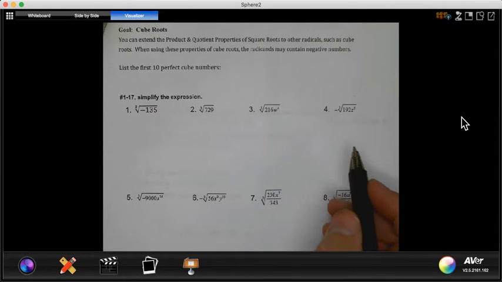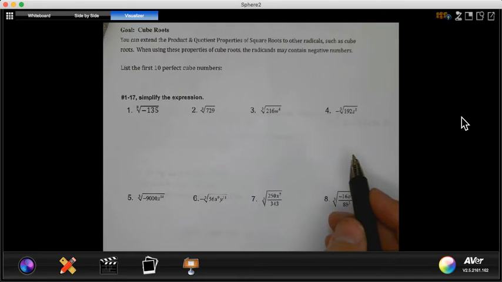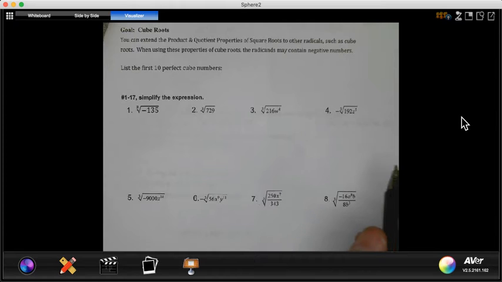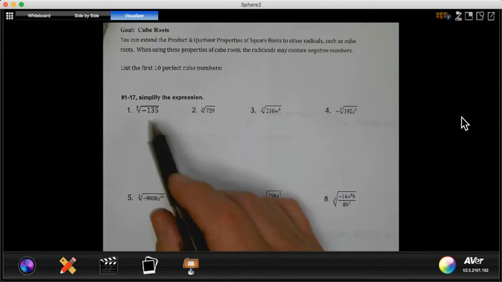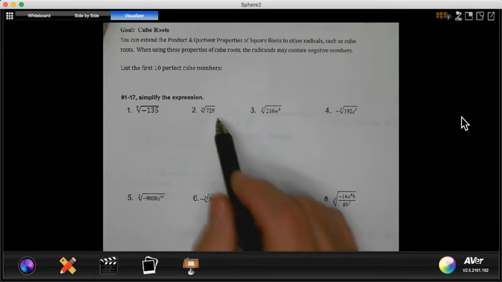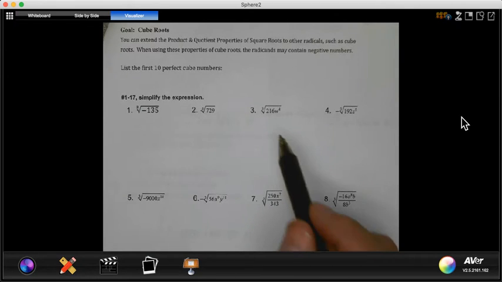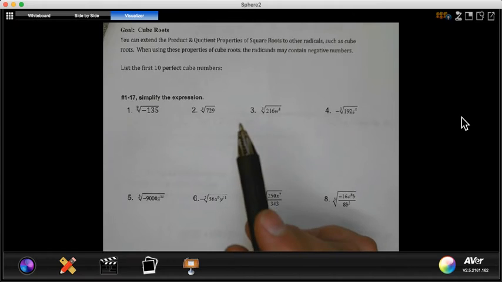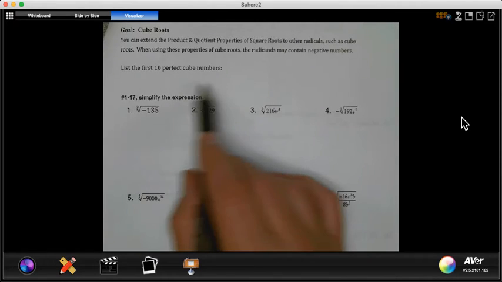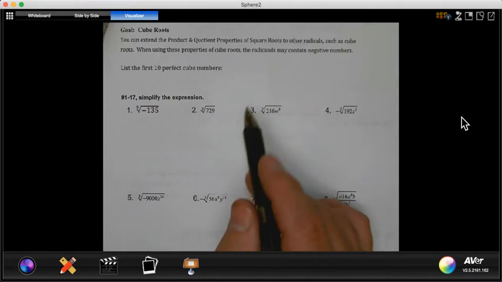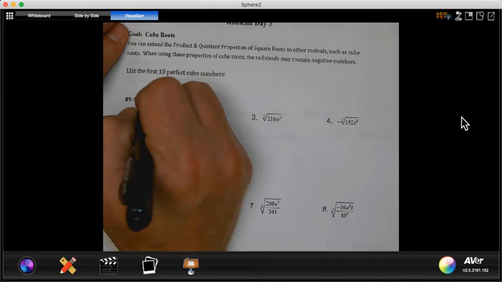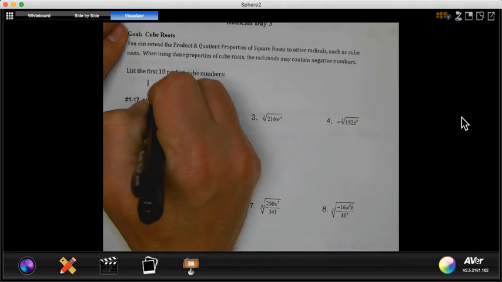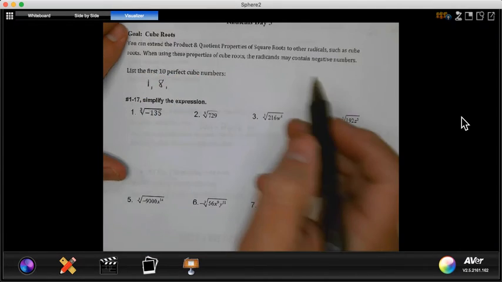In this lesson, if you aren't good still with your division, you still have your calculator. You can test. I know kids struggle sometimes with, I don't know what goes into 135 or what goes into 729. But you have a calculator, and you take these numbers and see what goes in evenly and then run from there. Okay? So the first 10 perfect cubes are 1 cubed is 1, 2 cubed is 8,